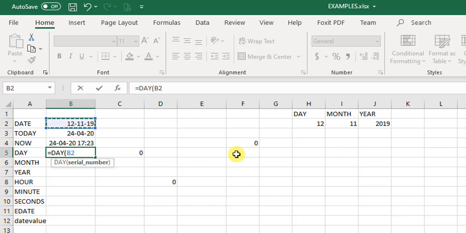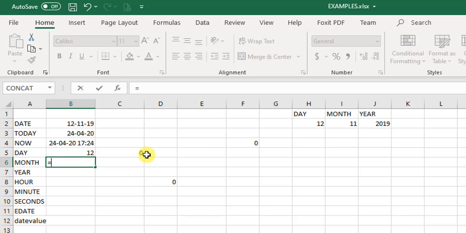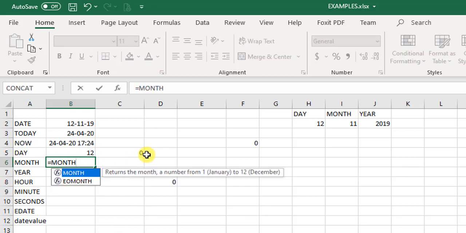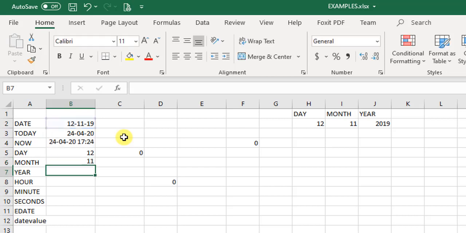So we close the bracket, and if you hit enter, what we found is it has extracted 12 from this date. So it extracts the day part from a particular date. Similarly the month will extract the month part from a particular date. So if we select this date over here and we close the function and hit enter, you will see 11. So it has pulled out the month part 11 over here.